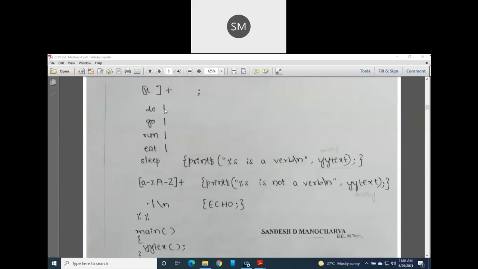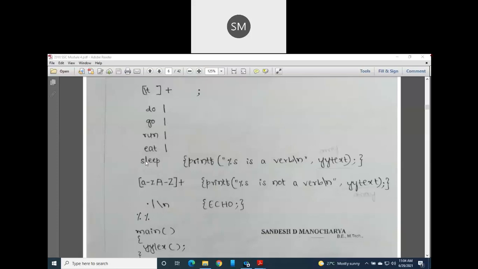What this pipe is telling you is to take the action of the next pattern. Go to the next pattern, which is go, and its action is also a pipe. Again, take the action of the next pattern, run. Go to eat. Again, take the action of the next pattern, that is sleep.